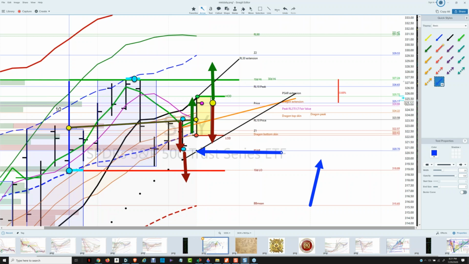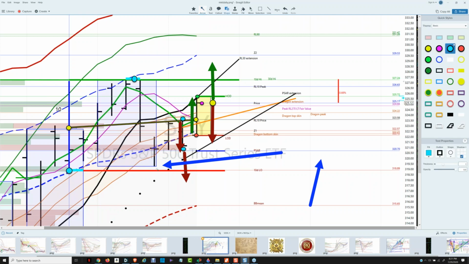And so tomorrow's PSAR will probably be here at the tip of this arrow. If we projected it one more, it would be about 321.50. Tomorrow's 10-day low is going to move up slightly to about 319.5 as the 10-day low drops off. Then the new 10-day low is going to be here.